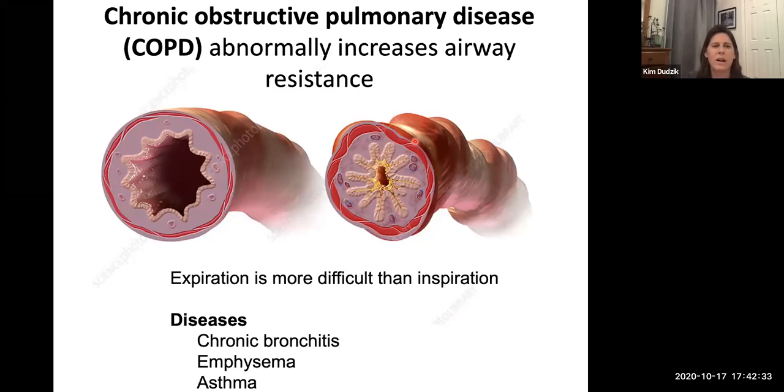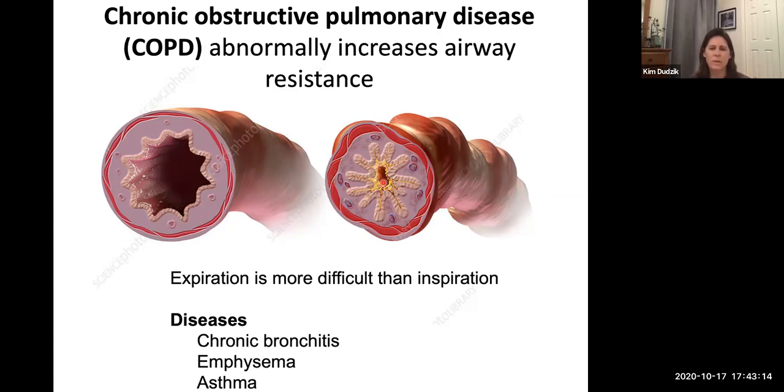But this has implications in certain diseases like COPD, chronic obstructive pulmonary disease, where you get abnormally increased airway resistance. Here you can see a nice healthy bronchiole on the left side, and this bronchiole is collapsed down. I think this one was taken from an example of a patient with asthma. With asthma, the smooth muscle will constrict and really constrict down the lumen of the bronchiole, so a lot less air is getting in. That causes resistance.